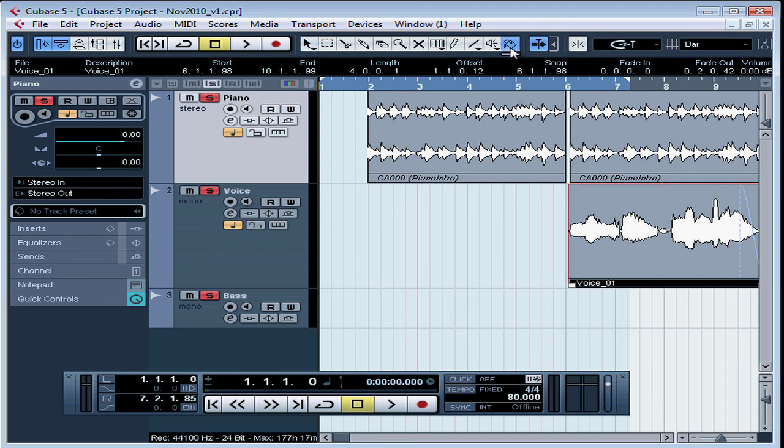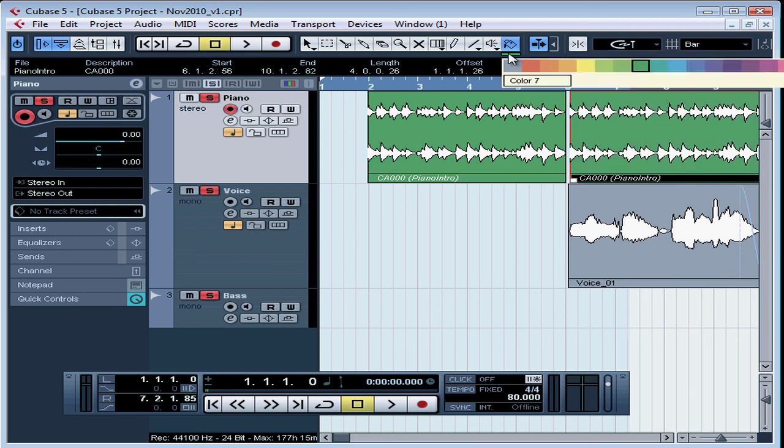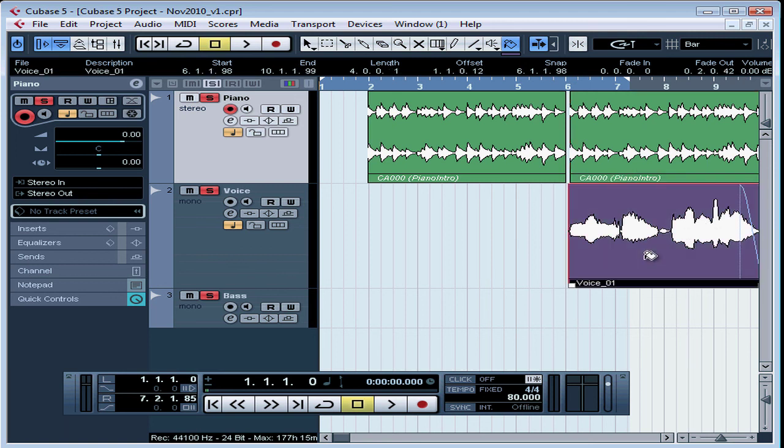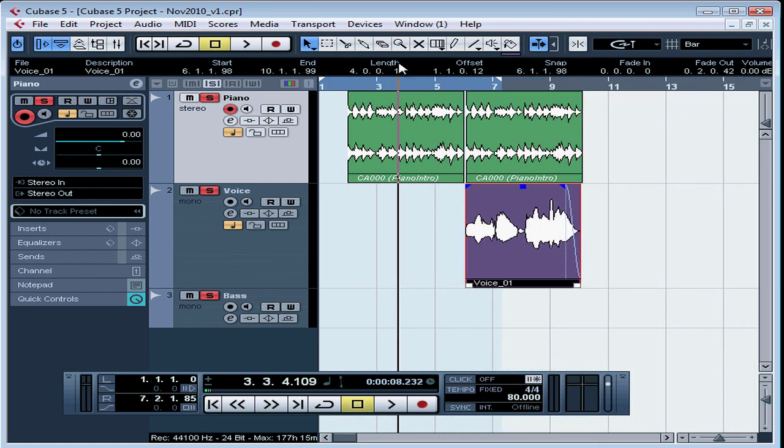For fun, let's apply some color to our events. Let's say green on the piano. Now let's select another color for the voice. Let's say purple. Just click the event to apply the color. Activate the object selector, and let's zoom out a bit. This concludes our tutorial on basic editing. We'll be covering many of these tools in greater detail